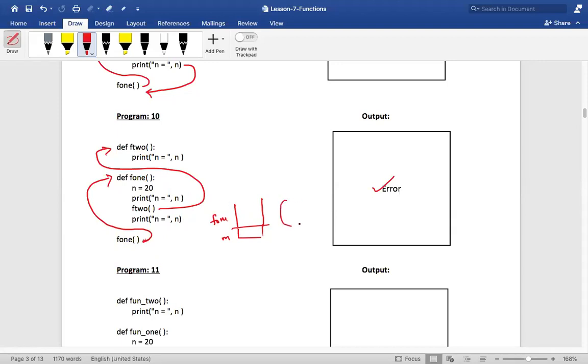Assume this is the heap. In the heap there is 20, and this is referenced by which variable? n. So n is pointing to this, correct? And then inside F1, print n. So n is there, it can be printed, no problem, correct?